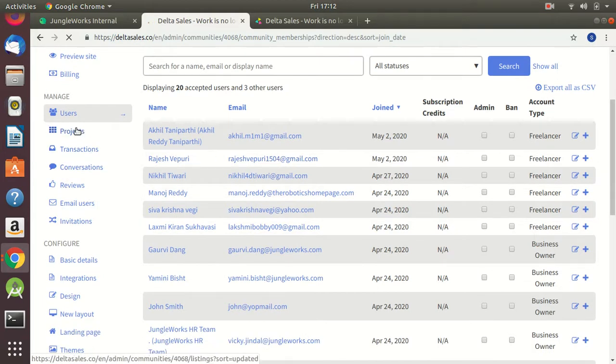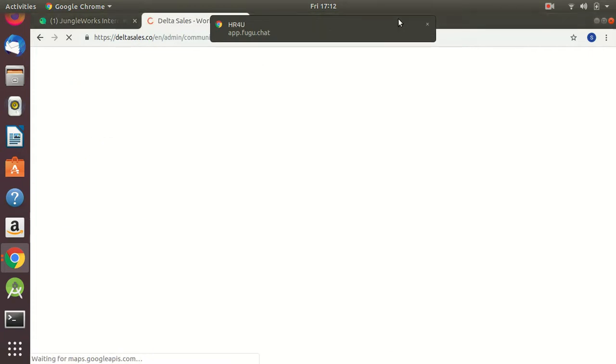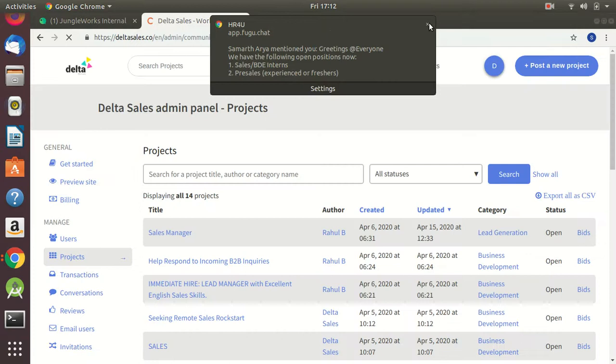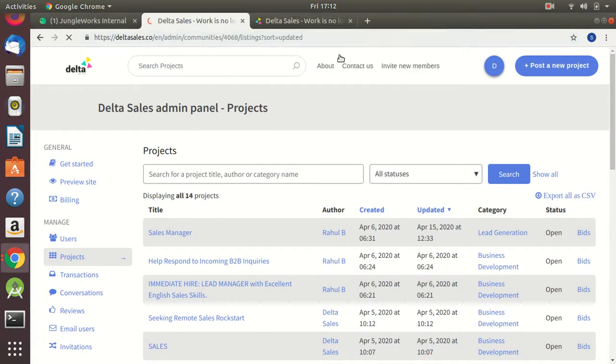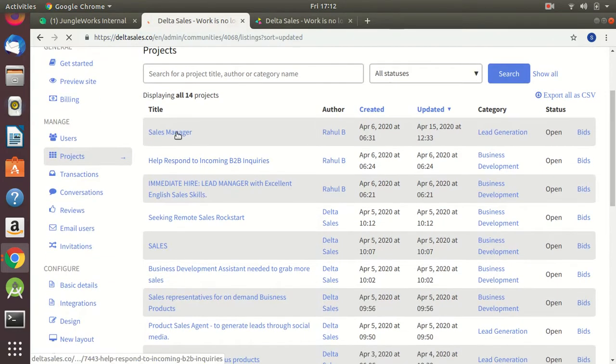Second option is the project section. In the project section, all projects that project owners post are listed over here, that is title of the project, author who posted that project, when the project was created, when the project was recently updated, the category of the project, and the status of that project, either open or closed.